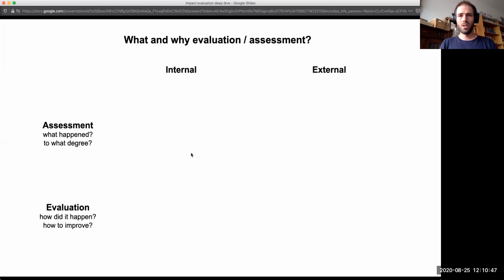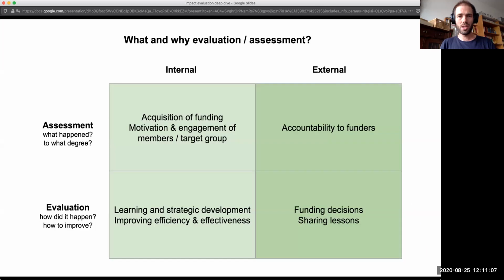And there's 2 main purposes of doing this sort of evaluation or assessments. One is more from the internal perspective of us as weavers, network leaders, and from the external perspective of funders or partners. So I just came up with some keywords here.